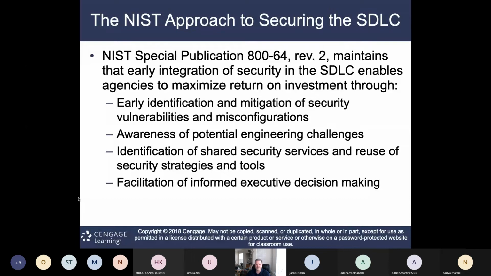NIST is a government body. They're very good at publishing all kinds of information security related material. If you're working for the government, you're required to utilize a lot of NIST documentation. But this NIST publication 800-64, revision 2, right,